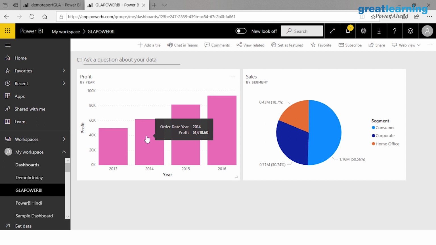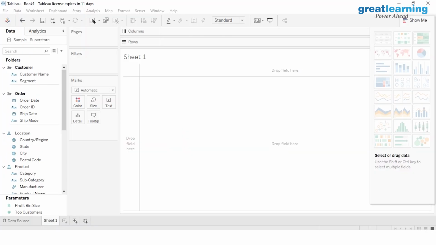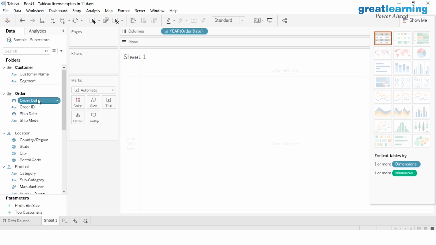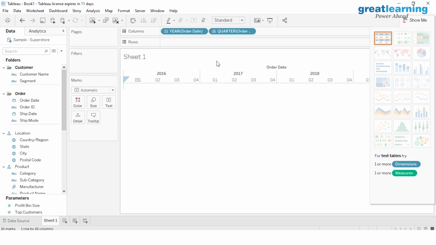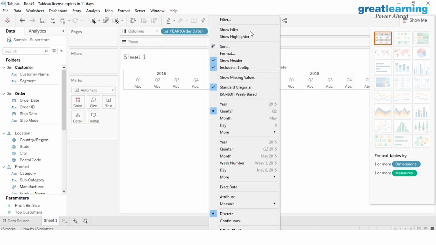numerous things with it. Similarly, if I go back to the Tableau interface, I told you that we can visualize data here as well. In Tableau too, the interface is fairly similar, right? You can just double click on a particular value and you'd get information about that. Say for example, I just double clicked on order date. So yes, we have the order date now, and now I'm gonna go ahead and close this for now.